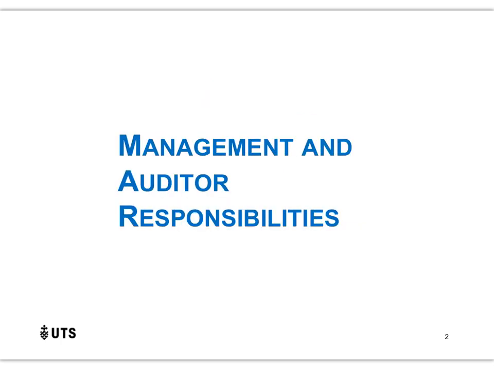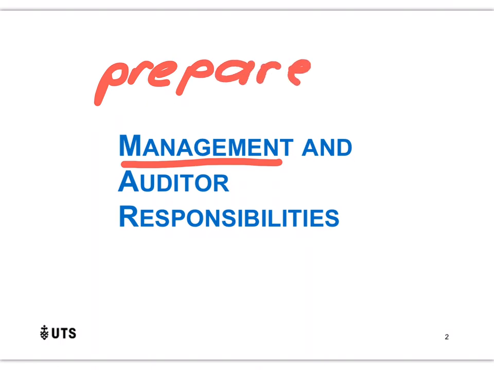Now, in order to essentially summarize the situation, and we will talk about this in more detail throughout the video, management and the directors of a firm are essentially responsible for the preparation of the financial report. So they are responsible to prepare the information as well as the numbers that go within the financial report that we look at. The auditor's responsibility is essentially to come in and check that information. Now, we are going to talk about this in more detail, but that's essentially a summary of the distinction in those responsibilities.